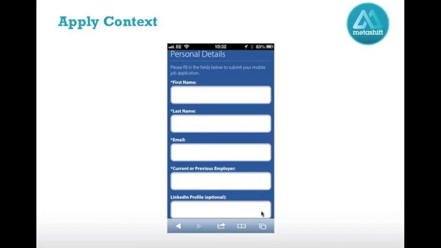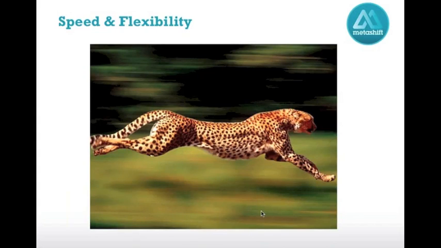So this type of segmentation, and understanding the context is incredibly important, I think. And the key to this is really speed and flexibility. Being able to build out these sites, being able to change the content, being able to change the apply process from campaign to campaign. These are all things that the recruitment industry has not been very good at in the past. Recruitment technology tends to be very slow moving, and we need to think about things differently. We're going to have to move a lot faster to keep up with the candidates and keep up with the times.